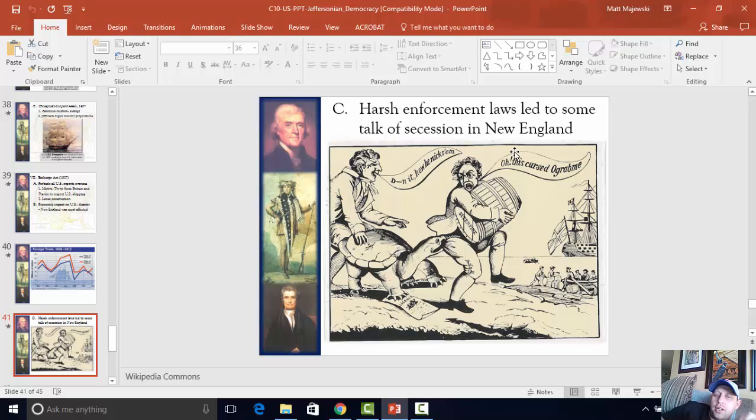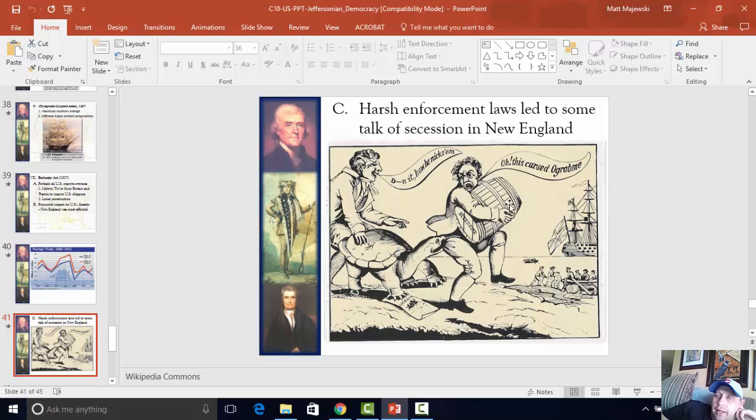This is a cartoon showing the American tax collector trying to stop the trader, right? The tax collector is supposed to be the turtle, trying to stop the trader from selling his goods as they're trying to smuggle them onto a ship to sell with England. You see the English flag right there. All right. So anyways, all the Embargo Act did was drop Jefferson's popularity some, especially in New England, which was